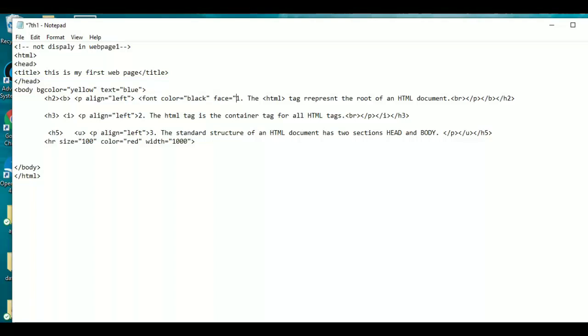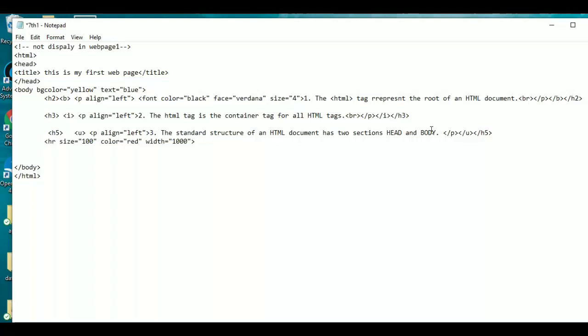Let's make its face Verdana. VERDANA, Verdana. This is the name of the font. After font face, let's change the size of this font. So size equal to, let's make it 4, then close font.